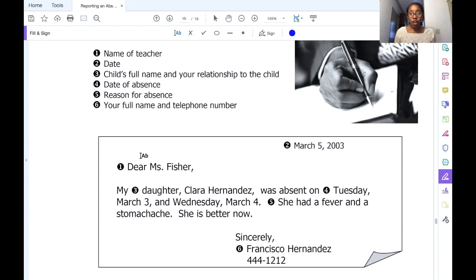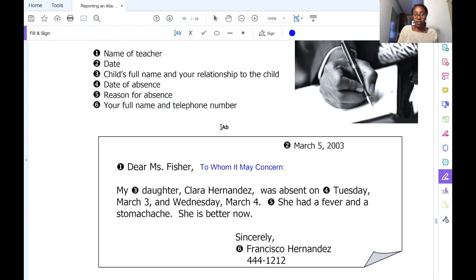If you do not know the name of the teacher, or your student or child has many teachers, you can write to whom it may concern. So you can write, Dear Miss Fisher, or to whom it may concern. And so this is